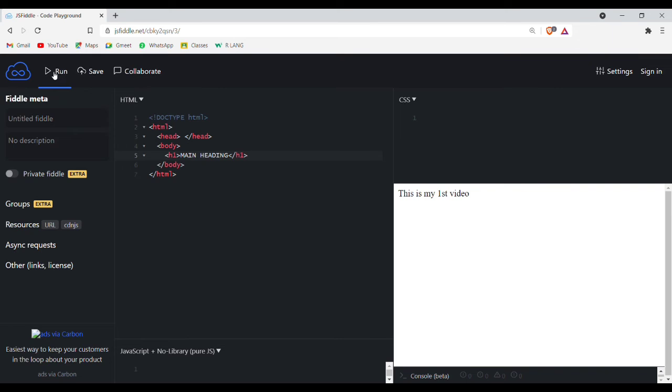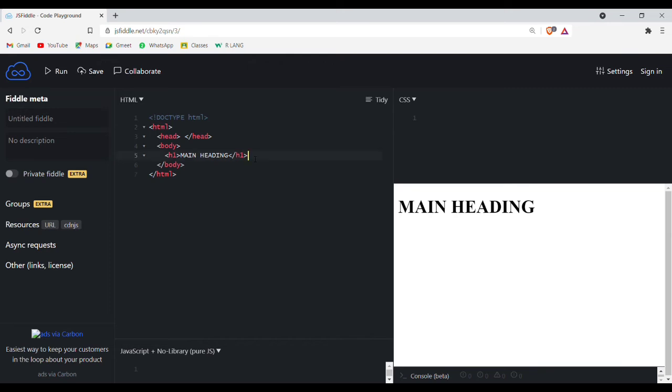Let's try to run this. See, the font size is much bigger than the previous text we added. With the help of this h1 tag or h1 element, we can create a main heading in web pages.